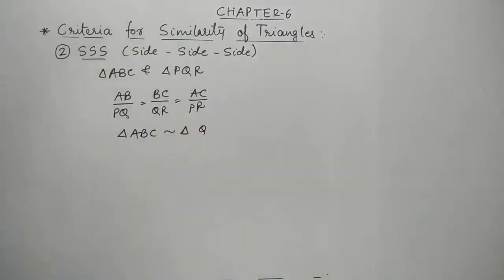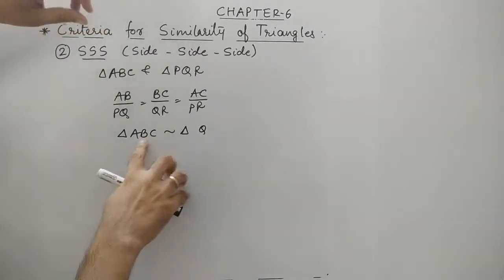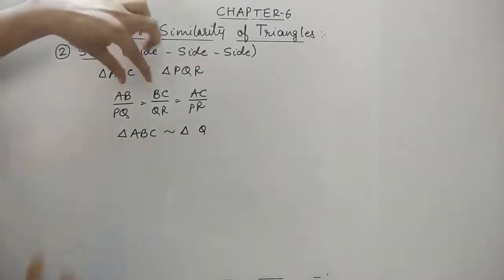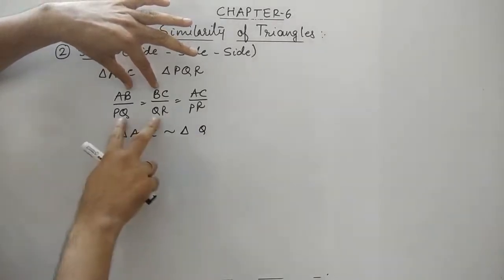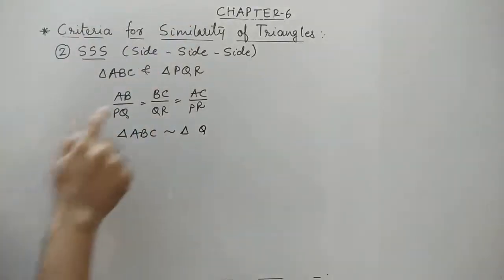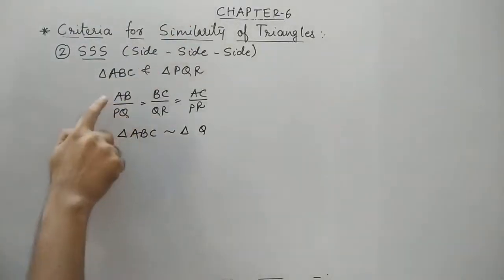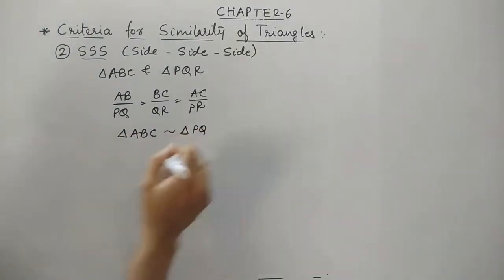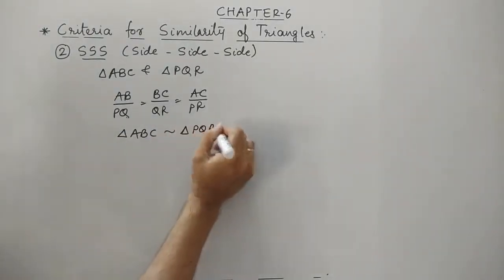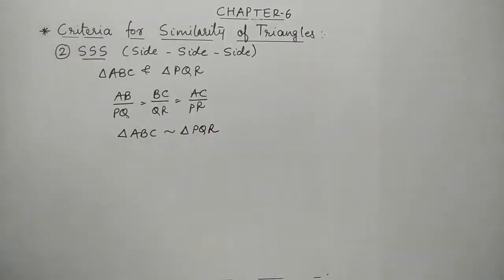See how I have said that B corresponds with Q. Which is the common vertex in the first two? That is B. And in the denominator of the same sides, Q. Now as B corresponds with Q, automatically A corresponds with P. So A first, P first. So automatically C corresponds with R. So thus it is called side criteria.